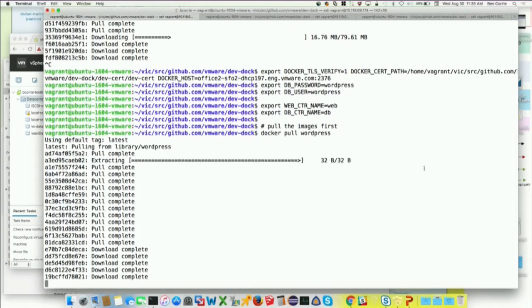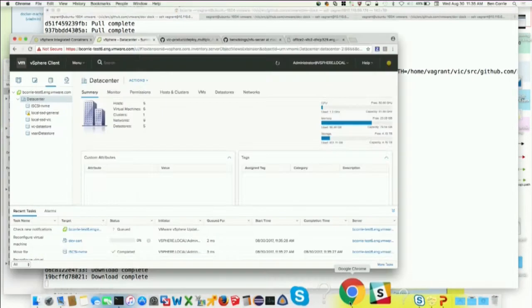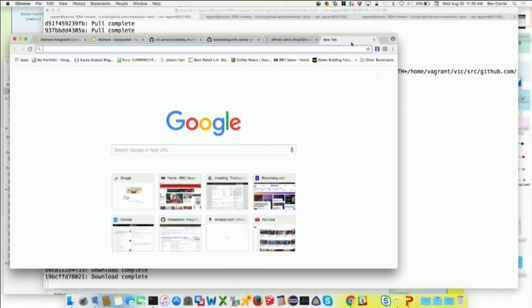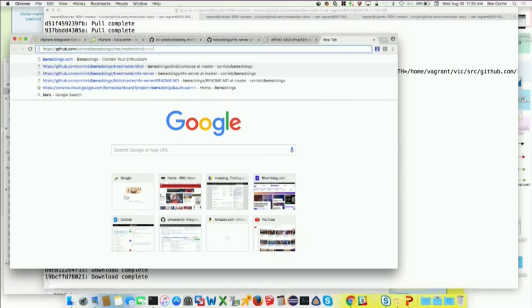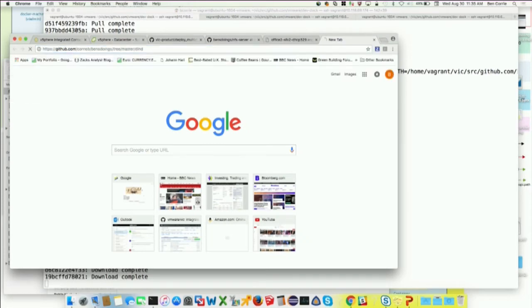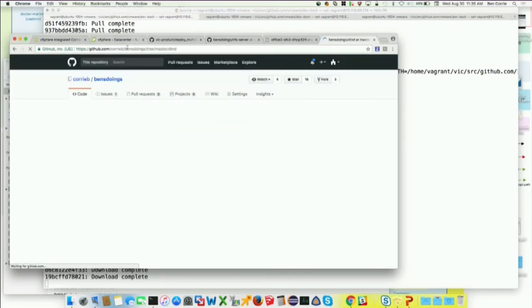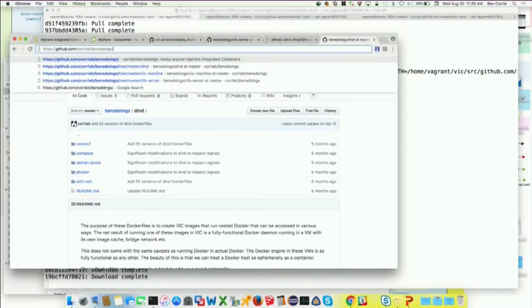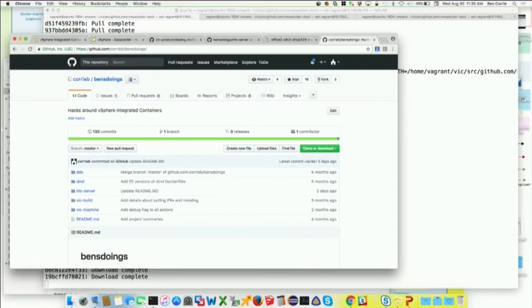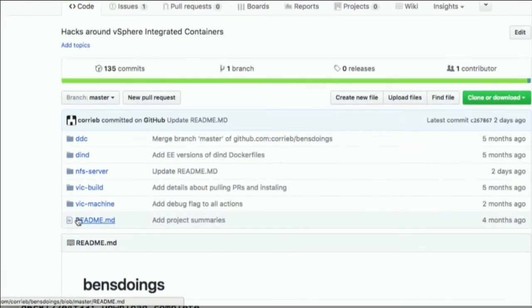Let me quickly show you the first hack. You might want to note down my GitHub repository, which is corey/Ben's Doings, and a lot of the hacks that I'm going to be showing you are actually in this GitHub repository. The one that I just showed you, which looked like a script that was starting vic-machine,